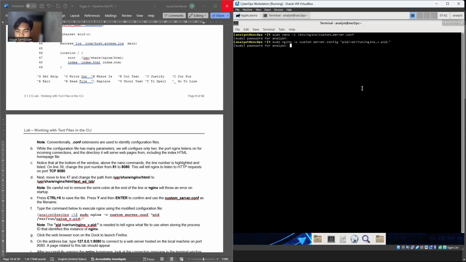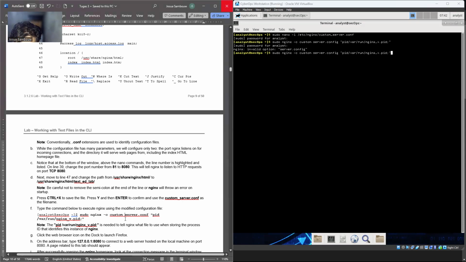Password again. Cyber. Enter. Oh, it's an invalid option. Server config. Try sudo nginx -c custom. I think there's a typo here.